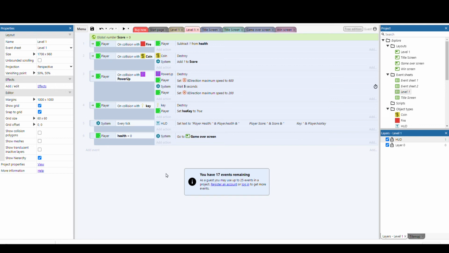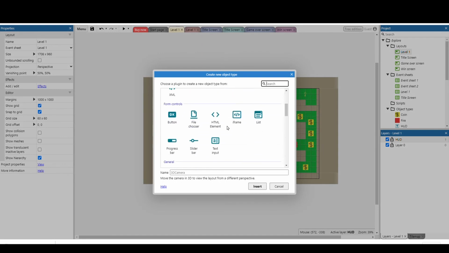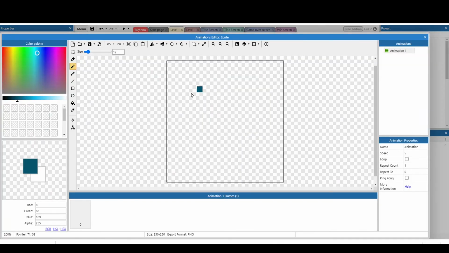To do that, we're going to need the fabled chest that we've been referring to in the previous videos. So let's go back to level 1, and now let's create our chest. So double click anywhere in the empty space and add a sprite. And now let's